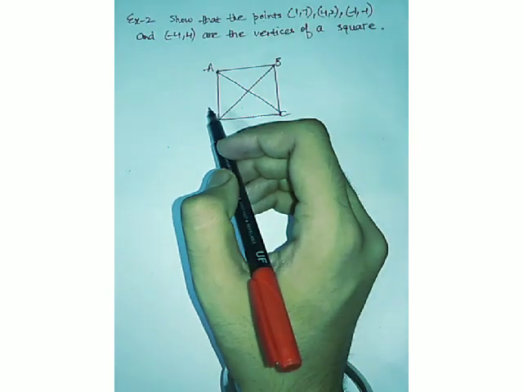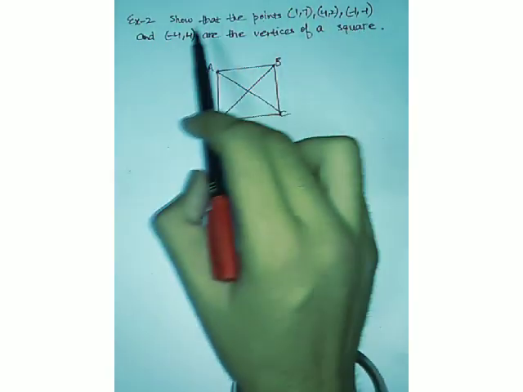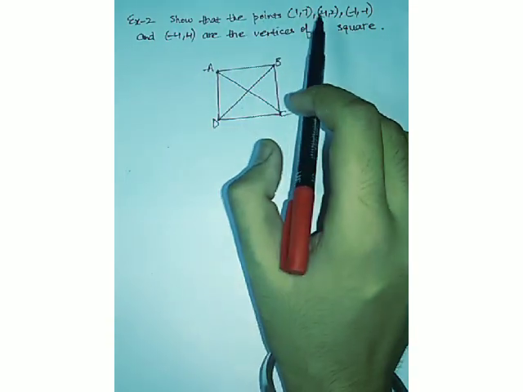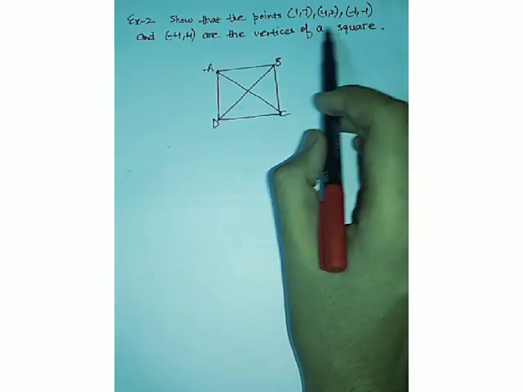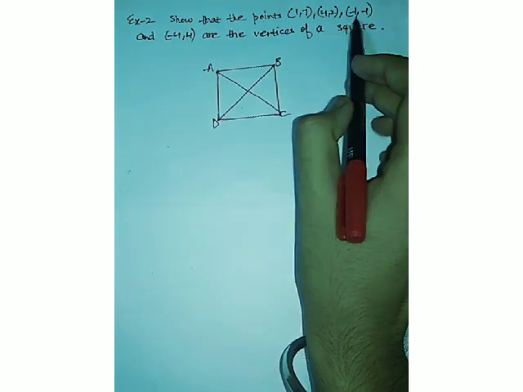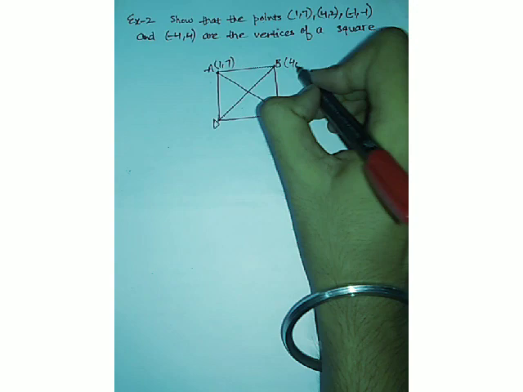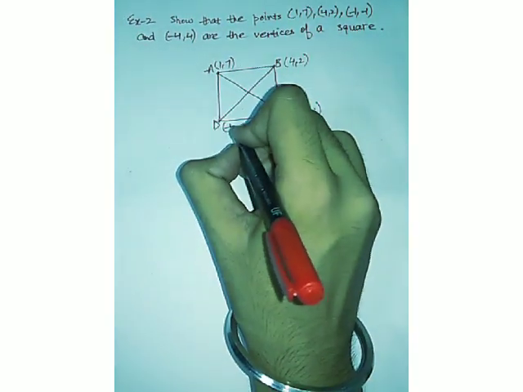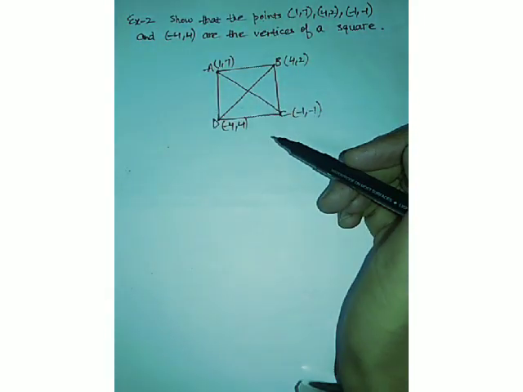This is our second example, and in the second example it is asked that if these 4 points are the vertices of a square, vertices means of course these points. So we have to prove, we don't have to find, it's given that these are vertices of a square, we have to prove that. So firstly consider the points to be A, B, C and D taken in the order. A is 1, 7, B will be 4, 2, C will be minus 1, minus 1, D will be minus 4, 4.